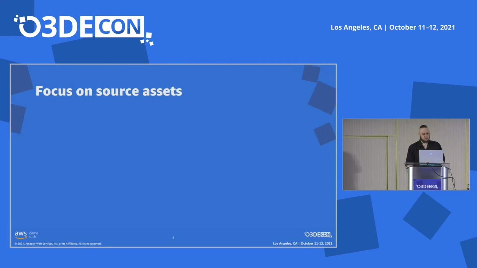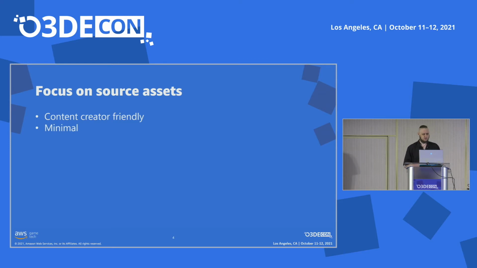So what we wanted to do with the new Json serialization is not focus on two problems at the same time, but just focus on one area, source assets. It doesn't mean that you cannot use the Json serialization at runtime. You can, and it actually is being used that way. But it meant that whenever we had questions about the design, we answered them from the content creator's point of view. So going back to something like UUIDs, we try to avoid those as much as possible.